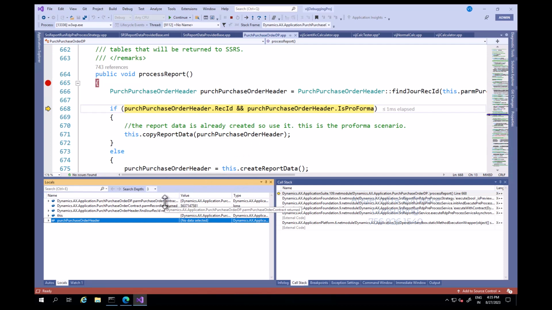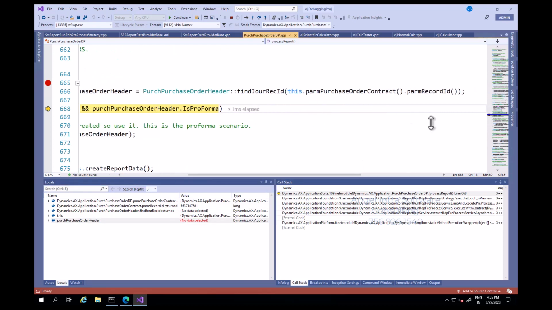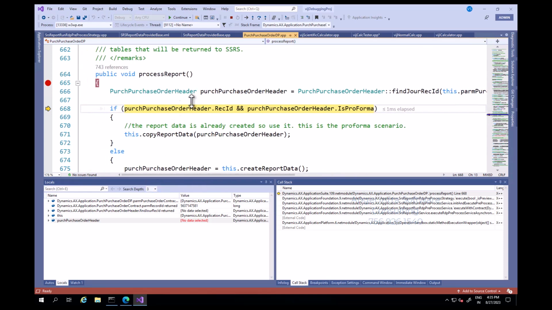Let's not go into this. It is also showing the values which are written by this palm rec id, palm contract and all. That's why it is showing the dp.palm purchase order contract value. Here I'm seeing the highlighted value, that small little tooltip. The return value is also being shown here, but let's concentrate on this local variable, which is purchase order